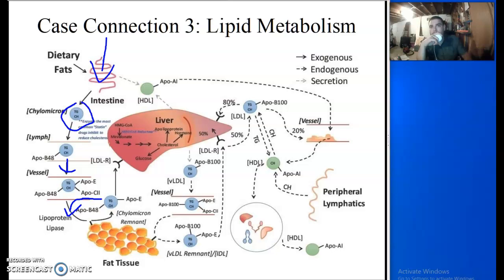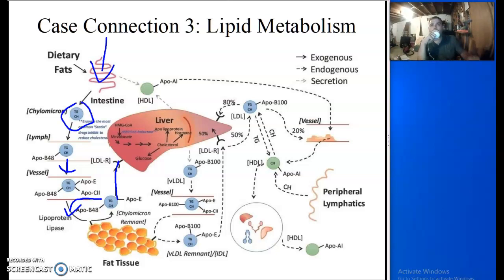So we lose the ApoC2 and some of our triglycerides and cholesterol, and this chylomicron remnant is then moved back into the liver. The HDL is again interacted with and dropped off that ApoE again, and we pull it into the liver for hydrolysis and metabolism. That's the path of our exogenous. We're not going to deal much with that until a little bit later, but for now, let's just move on